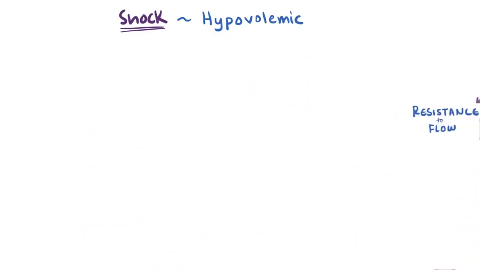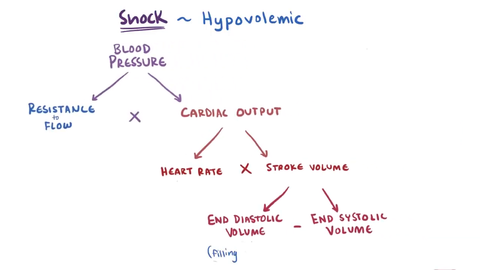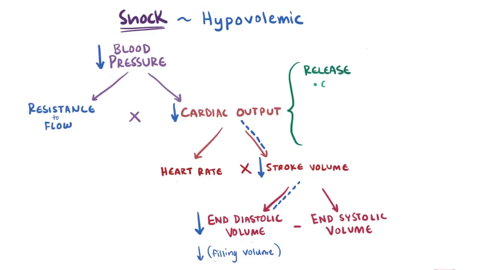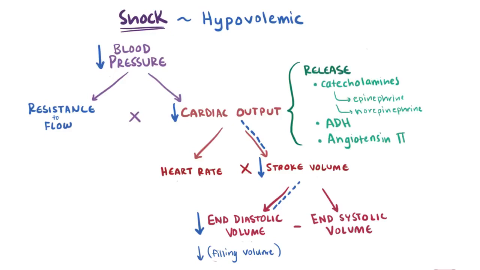And when that liter of blood leaves the circulation, the total volume filling into the heart goes down, meaning the end diastolic volume goes down, right? This means stroke volume goes down as well, which causes cardiac output to go down, and finally we see that blood pressure goes down. When cardiac output goes down, catecholamines like epinephrine and norepinephrine, ADH and angiotensin II are released,